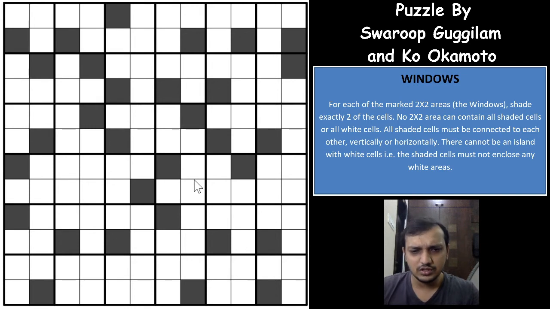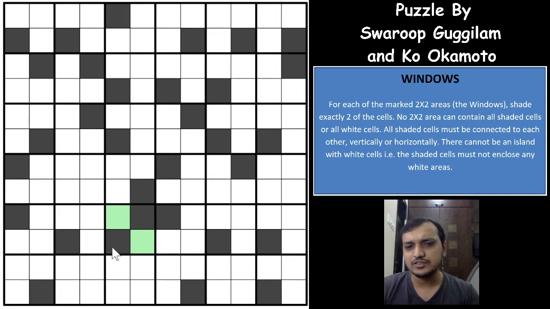In a puzzle where one group will have to be connected to each other, and the other group will have to touch the edge, you can always make sure that you don't form a checkerboard pattern. Same as in a yin yang puzzle. We have already covered a video on yin yang puzzle, and in that puzzle, as we have seen, a basic trick is that you cannot have a checkerboard pattern anywhere in the grid, not at all possible.